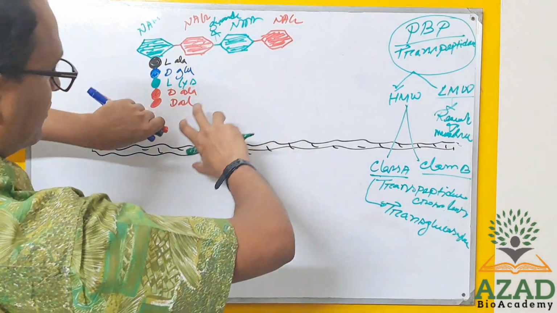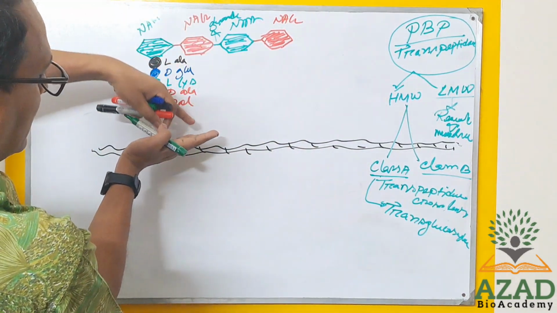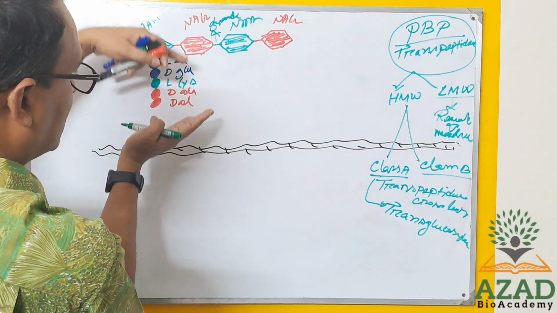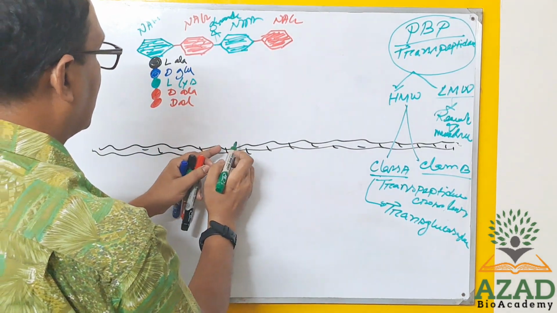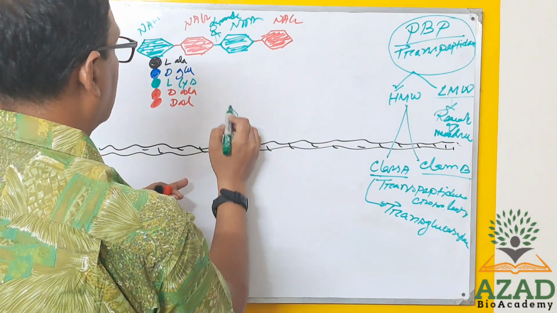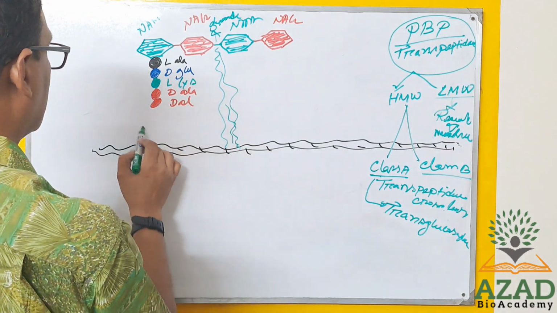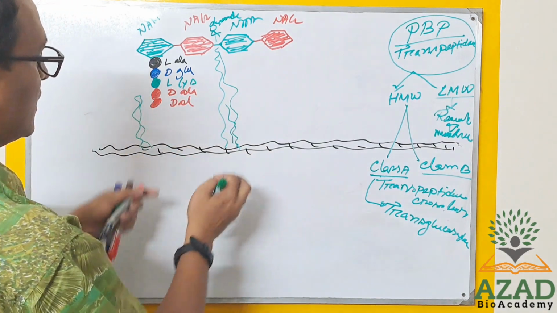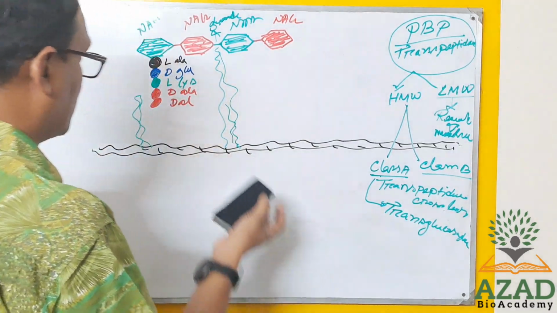But for your easy understanding, I'm drawing it far away from the membrane, but it is very adjacent to the membrane. It is attached to the membrane, for your information. So